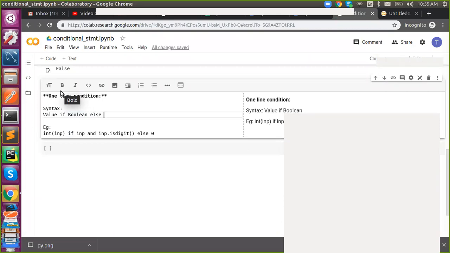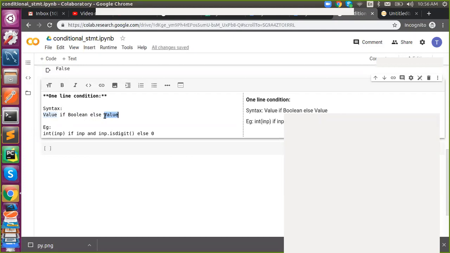Instead, just say else, then a value again: else value. Is it a value or an expression? Anyway, the expression is going to return a value. When you write an expression, it's supposed to return a value, even a boolean is also a value. So you can write anything, but it should return something, or it should perform something, but it should be one line.